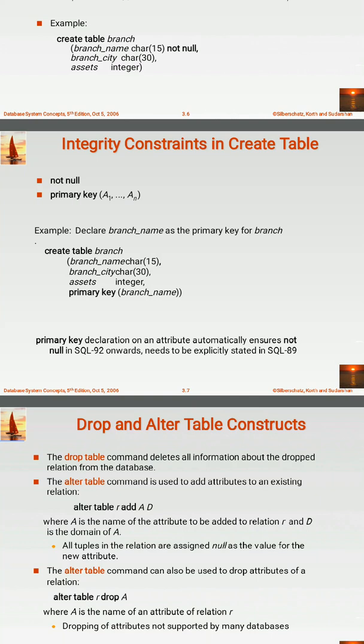While creating the table, the syntax is create table branch (branch_name char(15), branch_city char(30), assets integer, primary key (branch_name)). Branch_name is the primary key. Primary key declaration on an attribute automatically ensures not null in SQL-92 onwards; it needs to be explicitly stated in SQL-89.